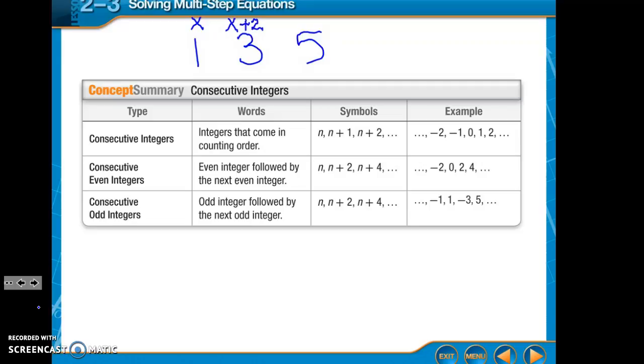And then if x is 1, how do we get to 5? 1 plus what equals 5? 4. So consecutive odd integers, we'd have x, x plus 2, x plus 4. Let's look at 11, 13, and 15. Those are consecutive odd integers, right? They happen all in a row. So if this is x, if 11 is x,